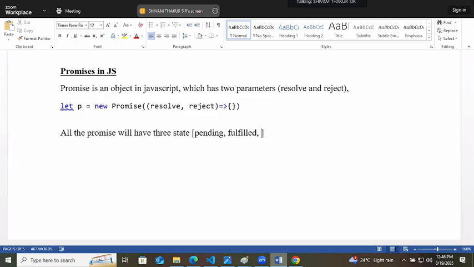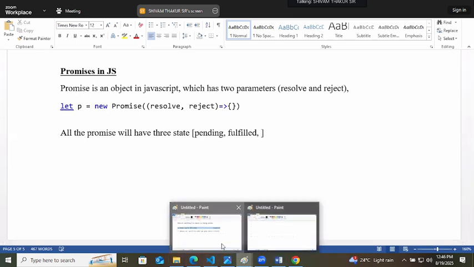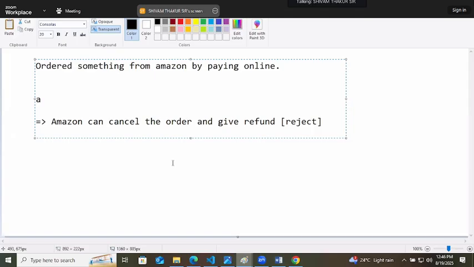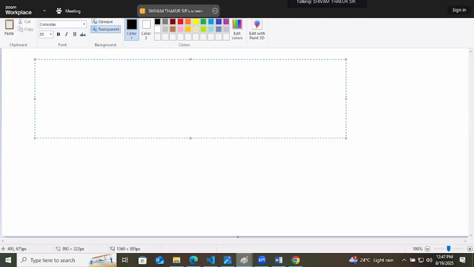Now let's try to understand it. Say you have given a promise to someone that I will share a picture with you by tonight.